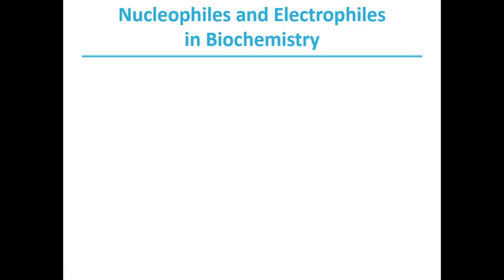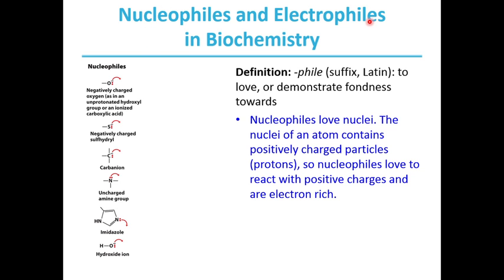Biochemical reactions involve interactions between nucleophiles and electrophiles. Nucleophiles love nuclei. The nuclei of an atom consist of positively charged particles, or protons. So nucleophiles love to react with positive charges and are electron rich. Some examples of nucleophiles involved in biochemical reactions are O-, this is negatively charged and is as in an unprotonated